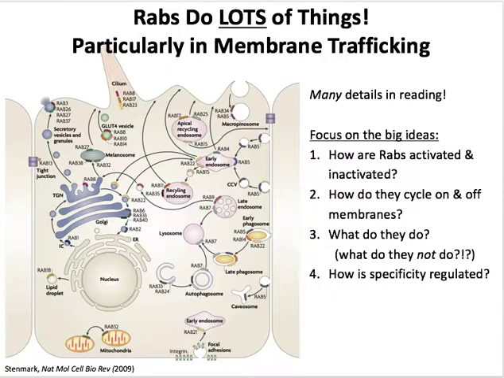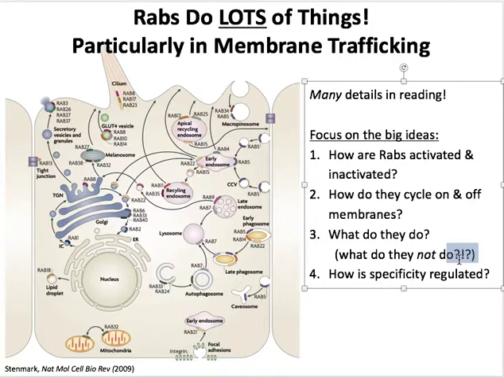So I wanted to return to this idea of what's going to be in the review article. Just to remind you, Rabs do lots of things. There's going to be a lot of details in the reading. Focus on these big ideas. How are they activated and inactivated? How do they get on and off membranes? What do they do? And then particularly important for us, we're going to spend some time in class, is how